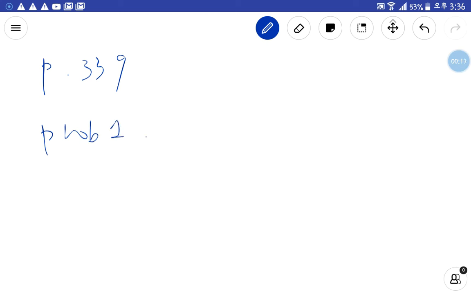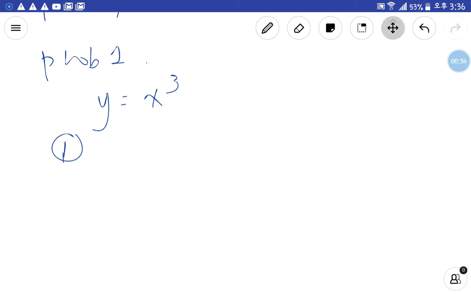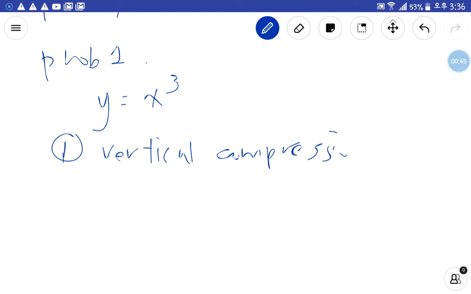So what is the equation? What is an equation of the graph of y equals x cubed under a vertical compression? So you have various transformations in here. I'm going to write them down and then we're going to apply them in order. The first one is a vertical compression by a factor of half, followed by a reflection across the x-axis,